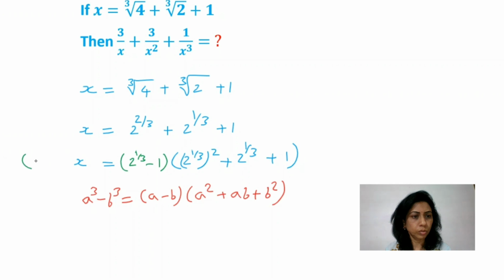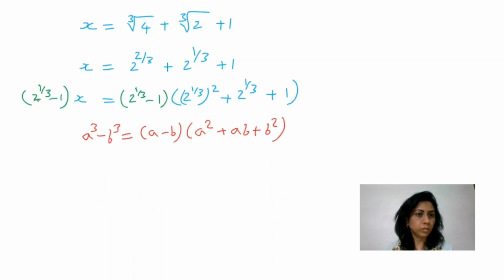Here also 2 to the power 1/3 minus 1, because we want to multiply with this parenthesis, a minus b. So this is 2 to the power 1 upon 3 minus 1,